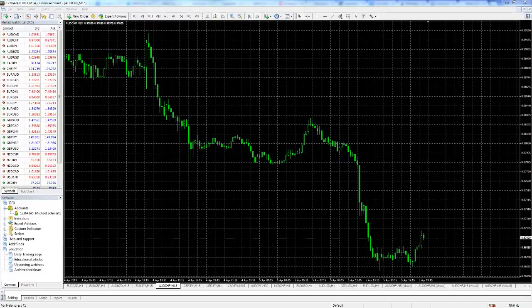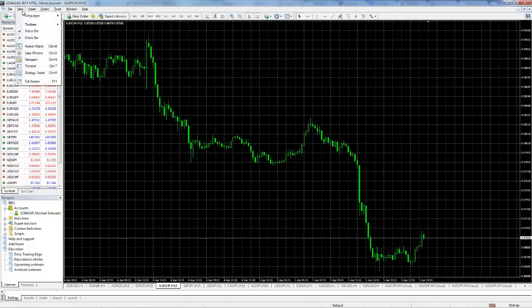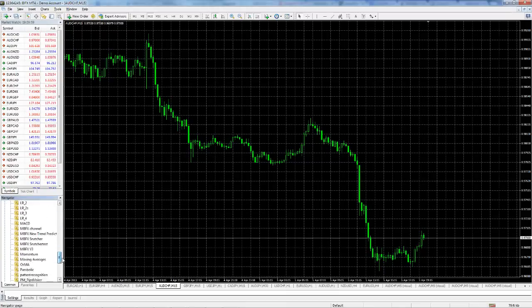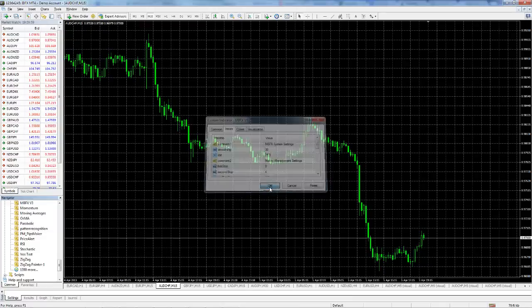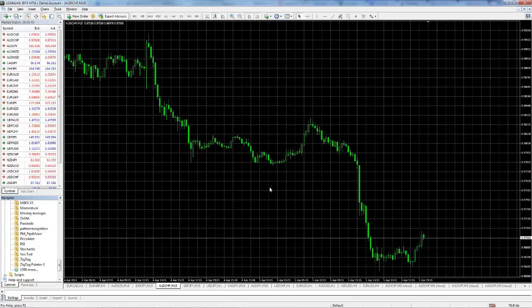So to get started, if you don't have the navigator bar open, you need to hit File, then hit Navigator Bar, and that'll show this area right here. Go to Custom Indicators, and then you need to scroll down to MBFX version 3. Just double click on that, it immediately brings up the inputs, and if you hit OK, it'll pop up any second here,